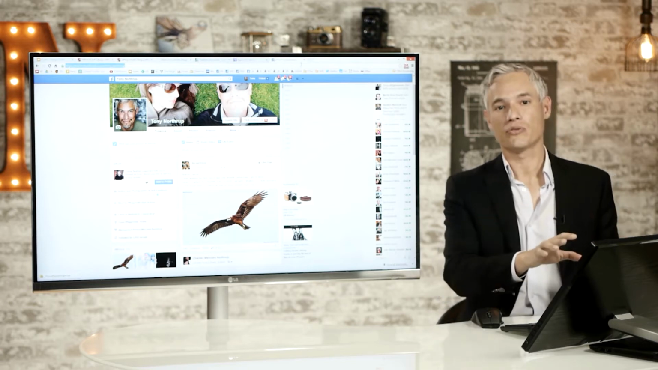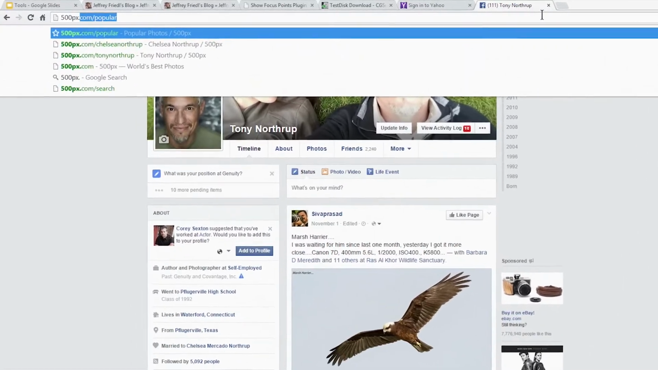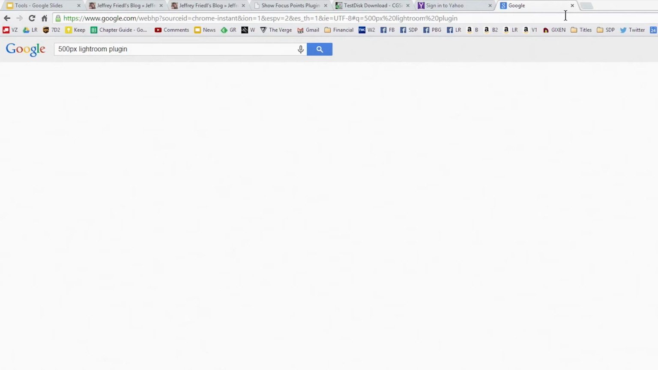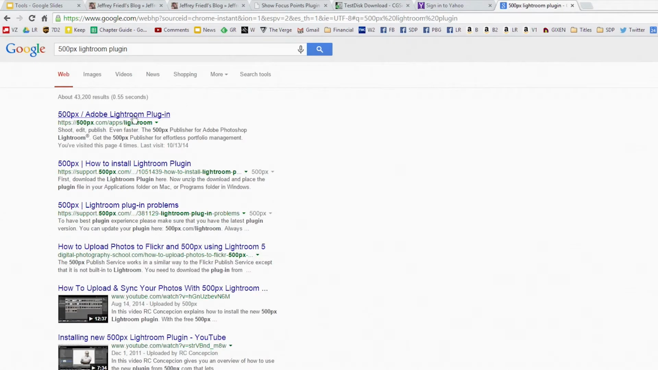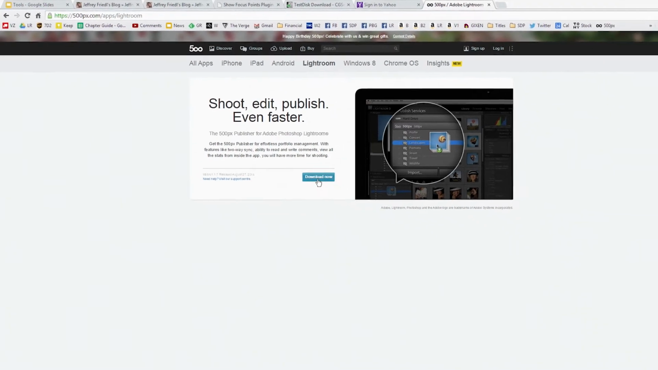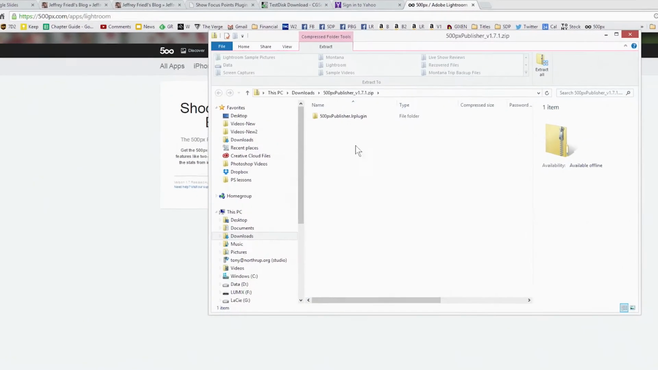Well, there's published services for just about any social network you can imagine. So let's just Google 500px Lightroom plugin. And sure enough, right on the official Adobe website, we can get the free 500px plugin. I'll just open that up, and then